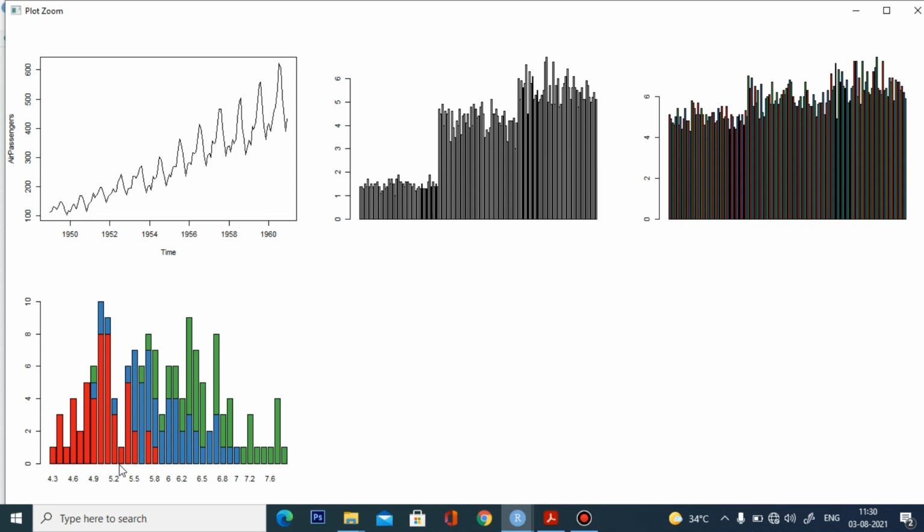If the sepal length is between 4.3 and 4.9, the majority of the data is in setosa. If it is between 5.2 and 6.5, the majority is in versicolor, and similarly virginica for 6.8 to 7.6. So this is the basic representation of the sepal length with a stacked plot over different categories, showing how the data is spread over the different categories for a particular parameter.